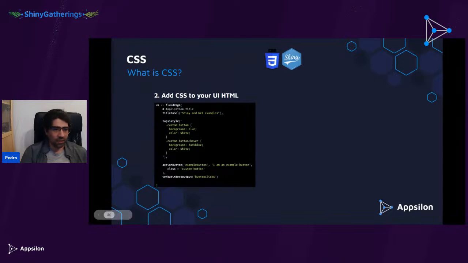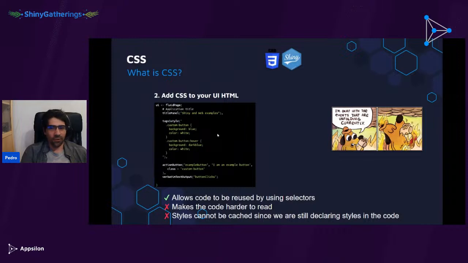With this method, we can actually just instantly add our CSS definitions that we actually added, and this will work. So right now we have a button that has a custom class, and our style lives somewhere in the page, this just works. It seems to be great. Well, almost. It's slightly better. It does allow you to reuse the code because now you only need to have an instance of the code.